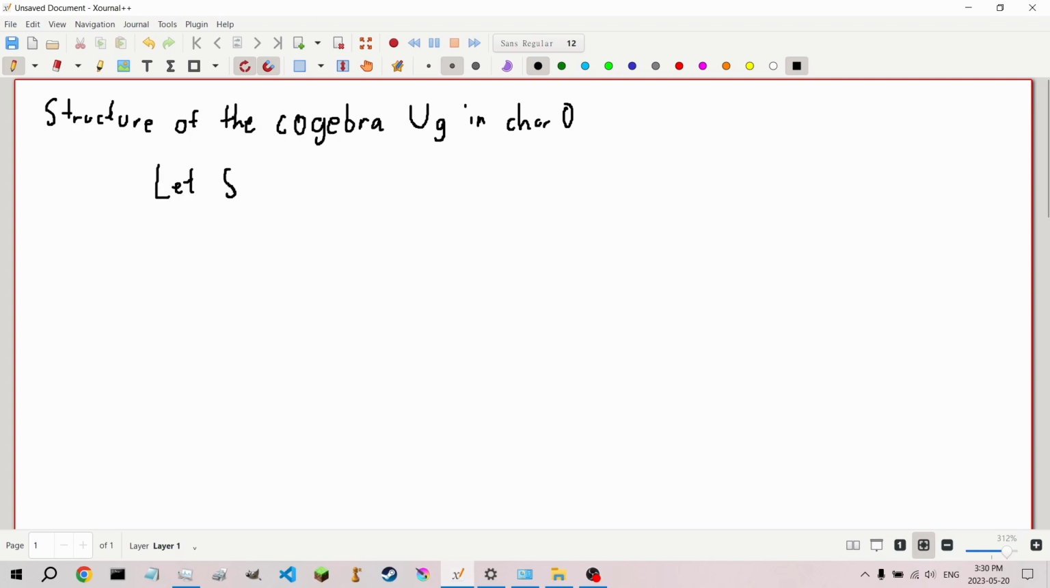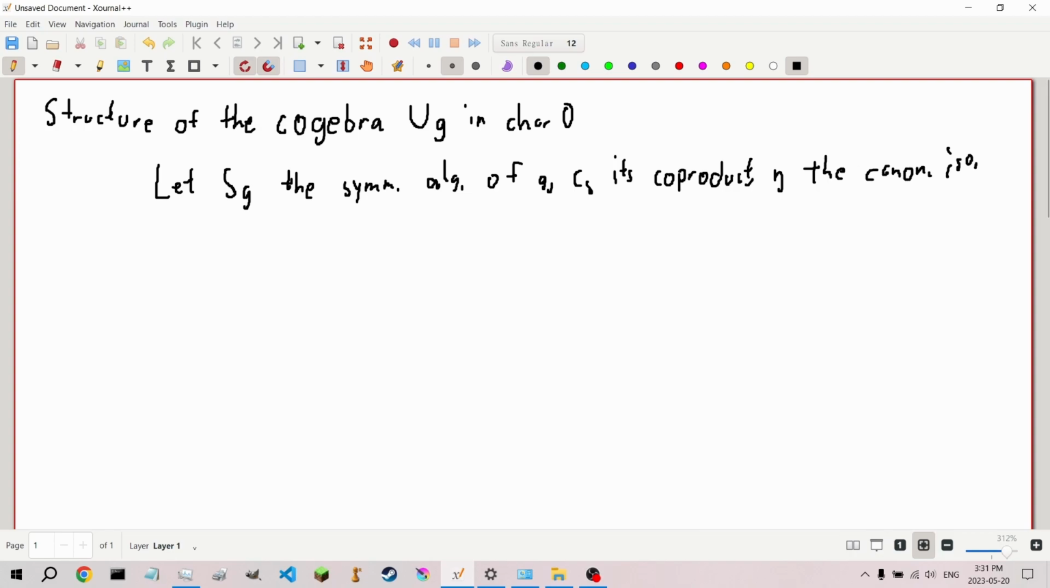So we're going to let SG, of course, be the symmetric algebra of G as a vector space, with CS its coproduct, with a reference to a book I do not have access to, and eta the canonical isomorphism of the vector space SG onto U, with eta of the product of x1 through xn